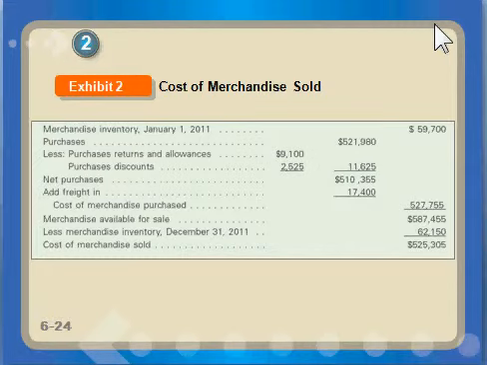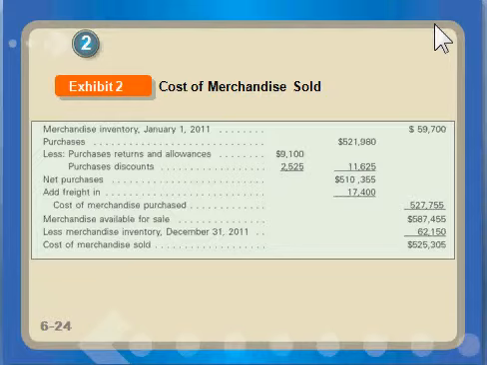Picking back up where we left off, this is the cost of goods sold section, and this is actually a schedule outside of the income statement. You begin with your beginning inventory. You take your merchandise inventory on the first day of the year, and then you would add any purchases that were made during the period, subtract any purchase returns and allowances and purchase discounts, and that will give you net